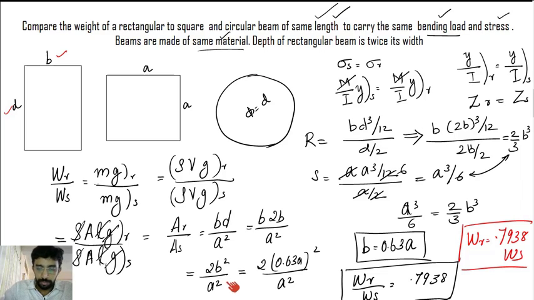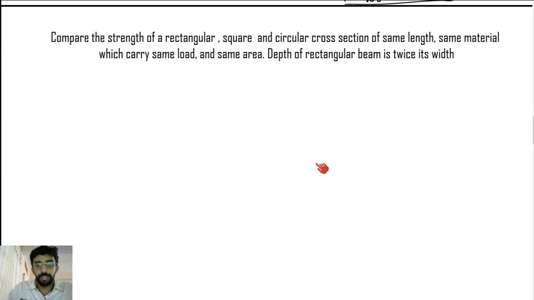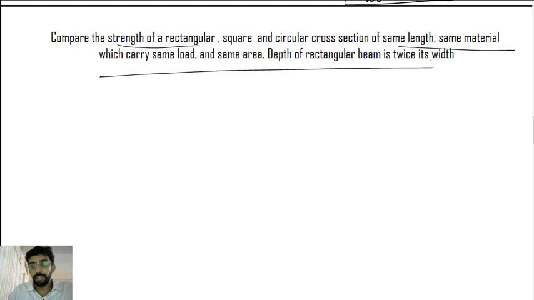So moving forward, we have another thing to compare, which is the strength of the beam. Strength of the rectangular, square and circular cross sections. When it is given that the material is the same, load is the same, length is the same, and they have the same area, you have to find out the physical relationship between the rectangle, square and the circle. And if they have asked us to compare the strength,